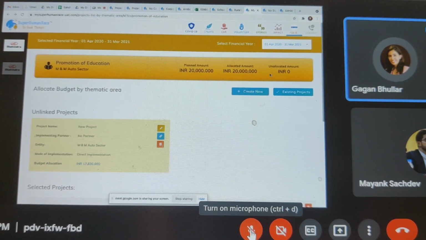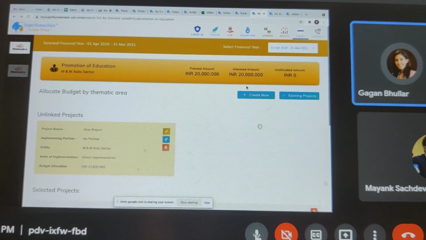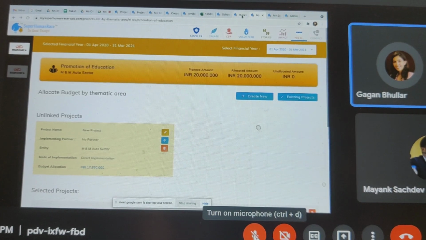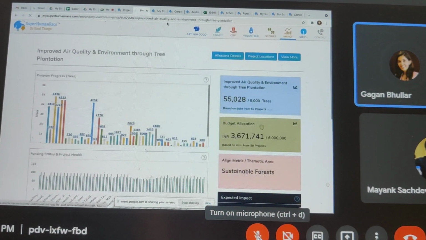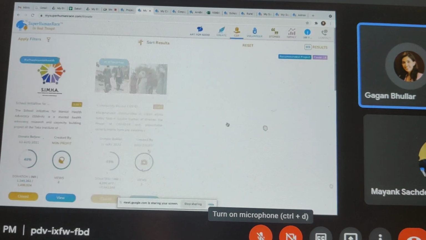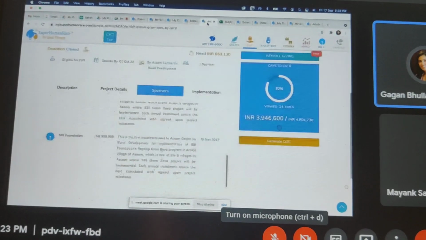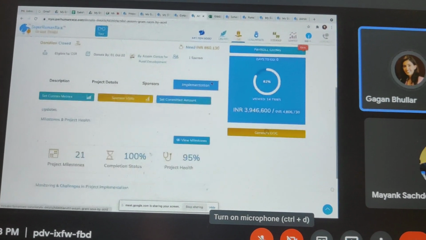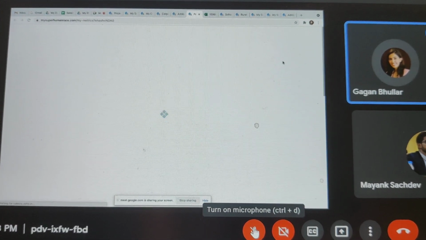And then even for this unallocated amount that is available, it keeps on flagging to you that this amount is unavailable. And we do the tracking down to the level of the project. So if I go back to my SBI Foundation account, I'll actually quickly show you. Maybe we'll go to Armigal Village, that will be easiest. So here if I go to custom metrics, I actually have a project budget.